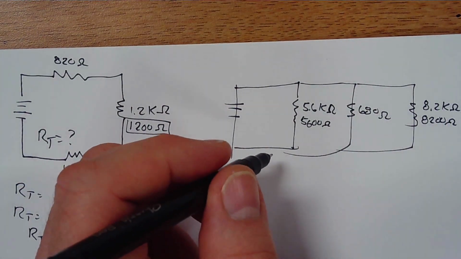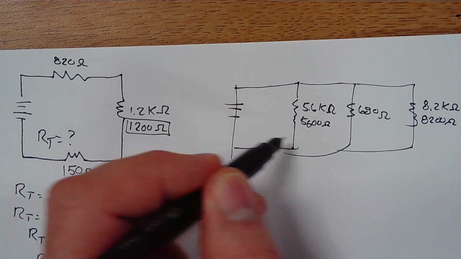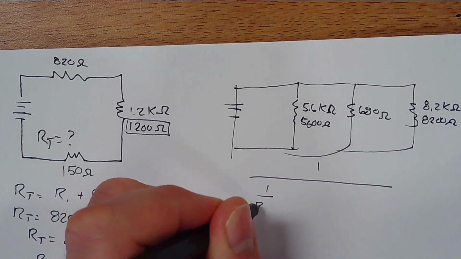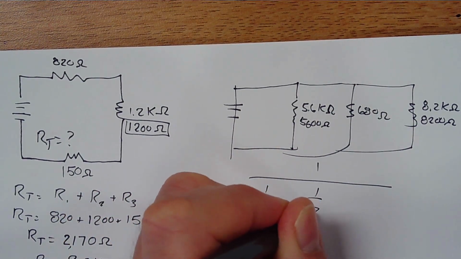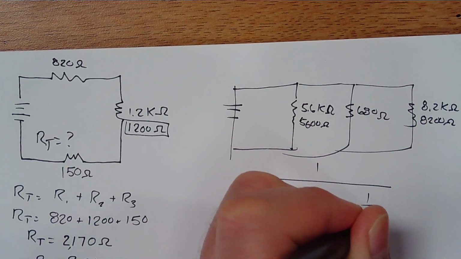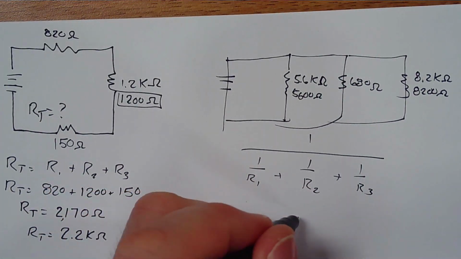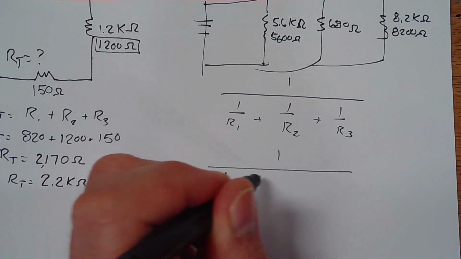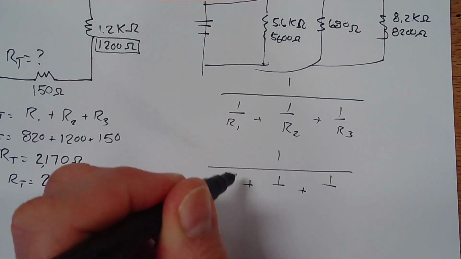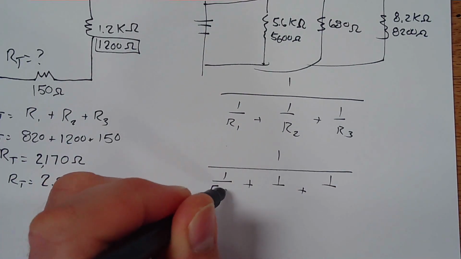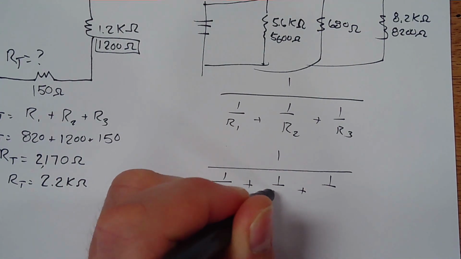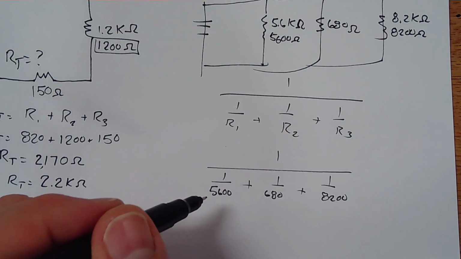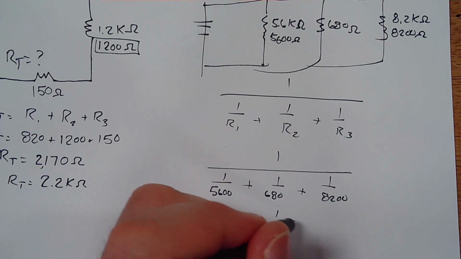Okay, and so with parallel circuits, you take the reciprocal of the reciprocal, so that is 1 over 1/R1 plus 1/R2 plus 1/R3. So then what we need to do is say 1 over, and those are added, and that is going to be 5600 plus 680 plus 8200. And if you put that into your calculator, you'll get 1 over